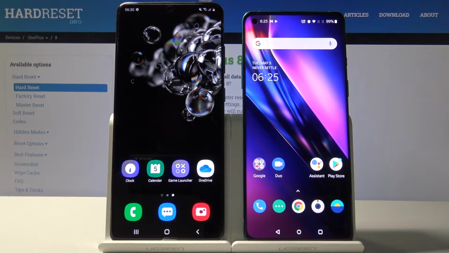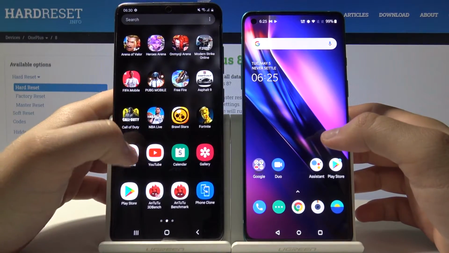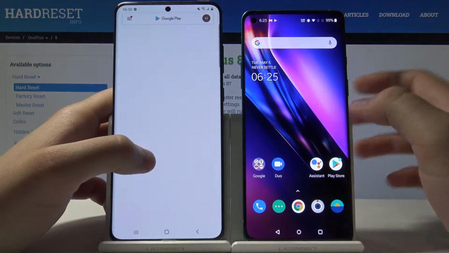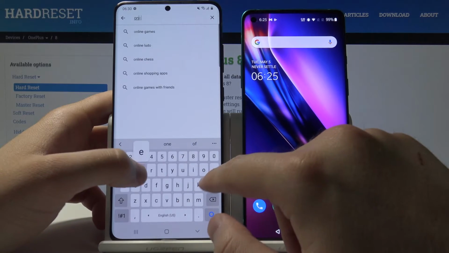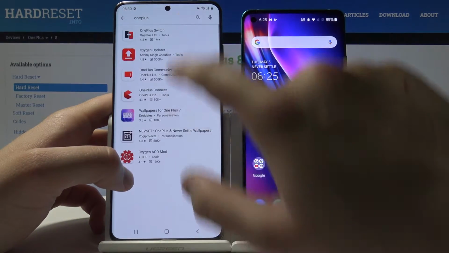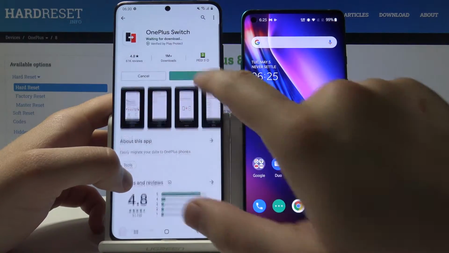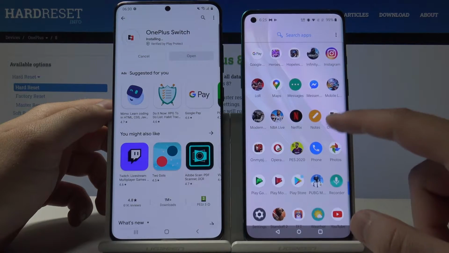Welcome. If you want to send data from an Android smartphone to your OnePlus 8, first you have to go to the Google Play Store, and right here you have to download the application from OnePlus to transfer data. So right here, tap on the search and type OnePlus, click on it. Let's download this application, and right now we are going to open it on the OnePlus 8